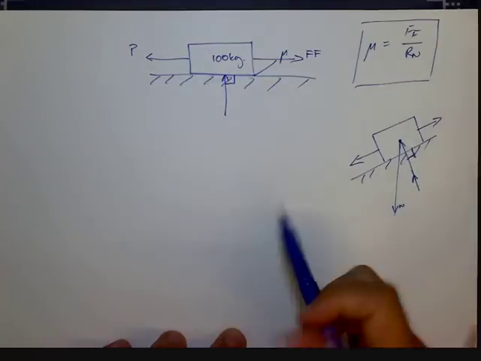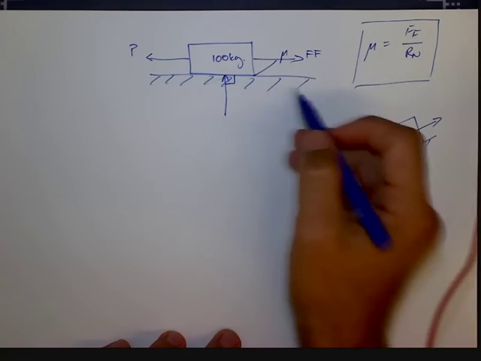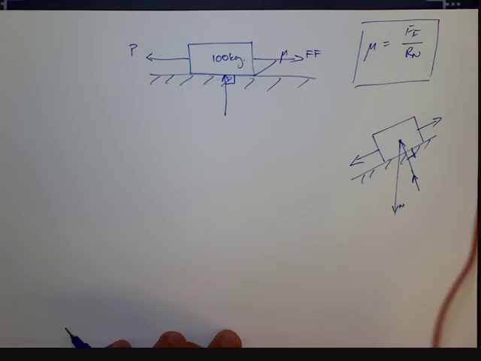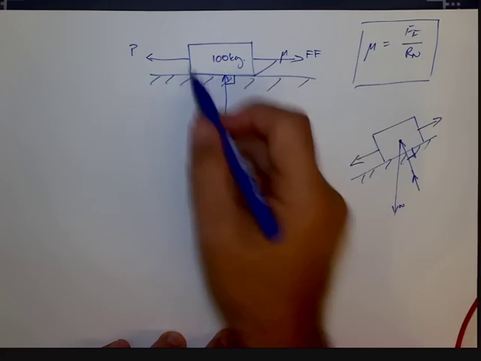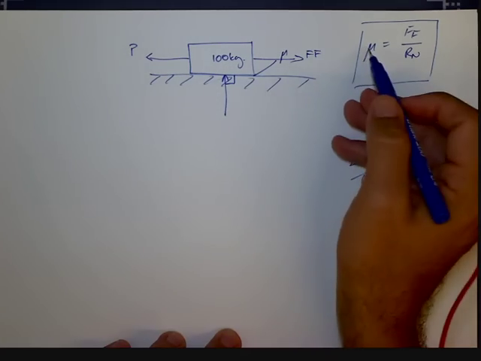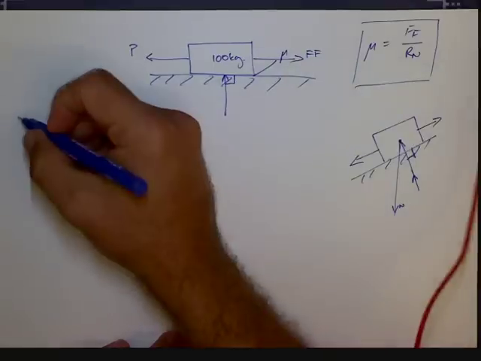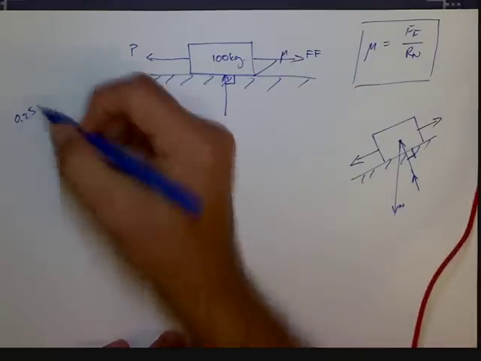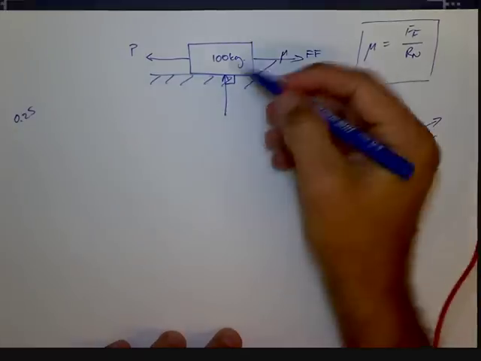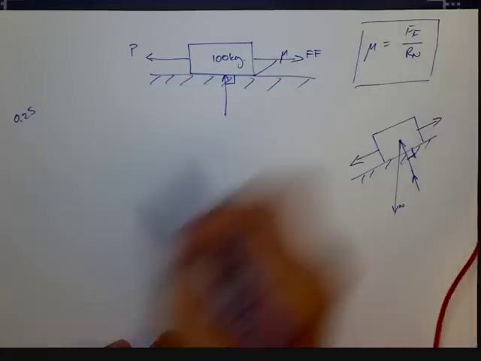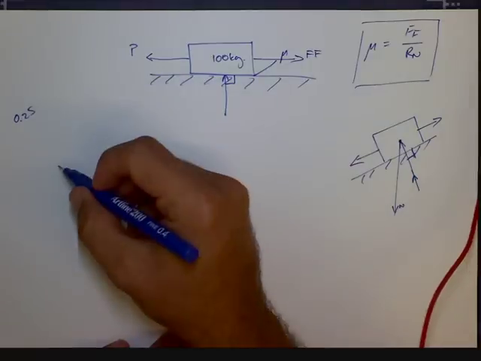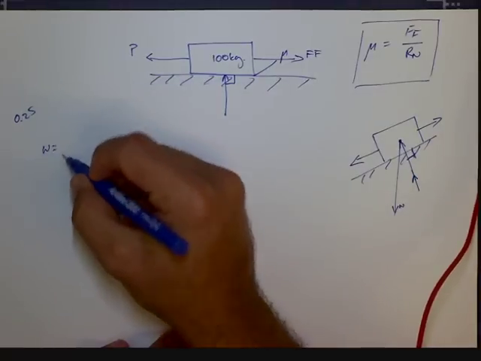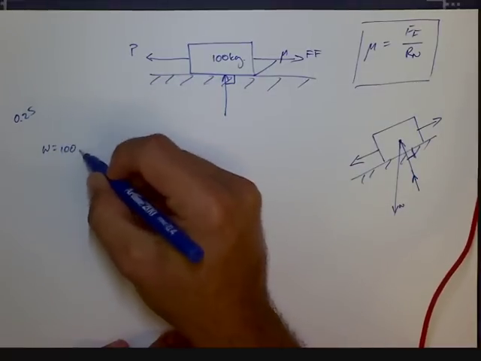Now let's look at the example that we've got over here with a flat surface and a box. This means that we can easily calculate how hard it is going to be to pull this 100 kilo box if we know the frictional coefficient. So given a coefficient, let's say 0.25, of friction between this box and the surface, we can then calculate: well, if the box is 100 kilos, the weight is equal to, and I'm just going to use 10 instead of 9.8,